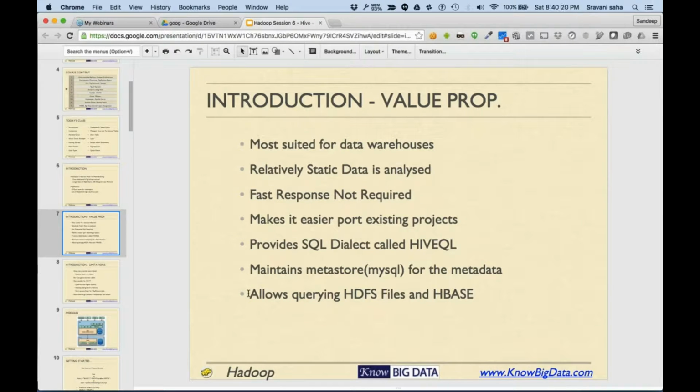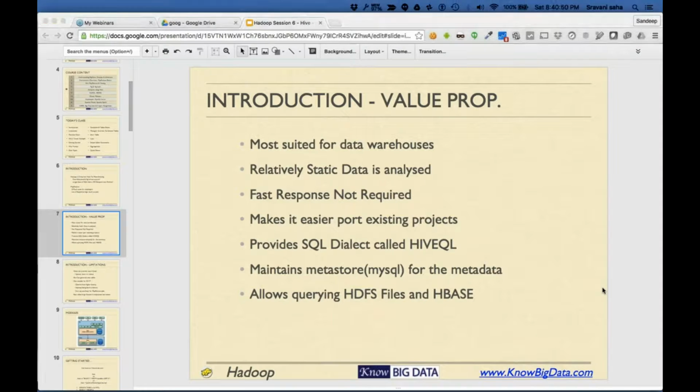It provides a good SQL dialect called HiveQL, and it maintains the metastore for metadata. We'll come back to this point in a minute. It allows querying HDFS files and HBase. So if you have some data, you can move it to HDFS or HBase, and then you can start using Hive to query that data. It's as simple as that.